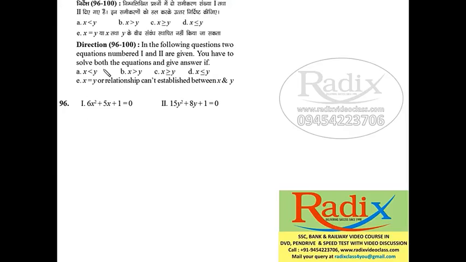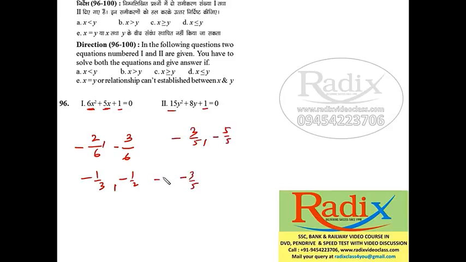Now, this is an inequalities question. 6x square plus 5x plus 1, both positive, so the roots will be negative. Factors of 6 whose sum is 5, this is 2 and 3, divide by 6, the roots would be minus 1/3 and minus 1/2. Then this is 15 and 1, 5 3s are 3/5 and 5/5, both minus. So this is minus 3/5 and minus 1. Now this value is 0.5, this value is 0.3, negative negative, minus 1, 0.6. So this is greater, so x is greater.